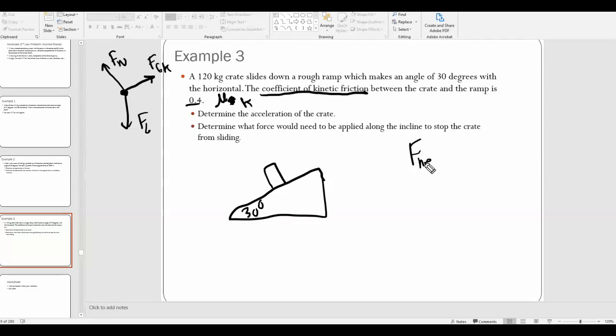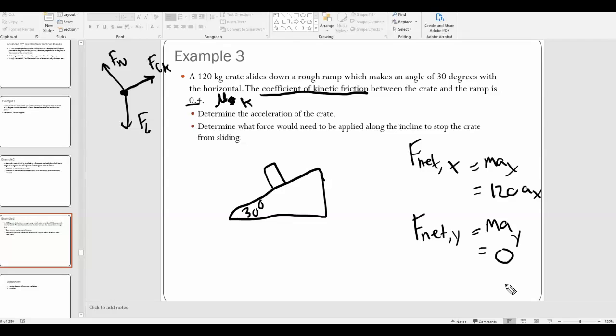I go to my second law equations, F net x equals m a x, F net y equals m a y. I say, is it accelerating in the x direction? Yeah, probably. It's asked me to find the acceleration, so probably. So that would be m a x. This side is always going to be 0 for an inclined plane. We talked about that before. Write down the sum of the forces. In the x direction, all I have is